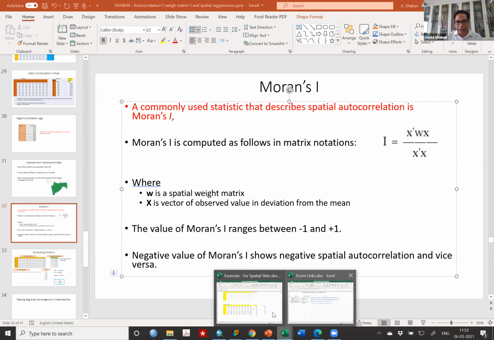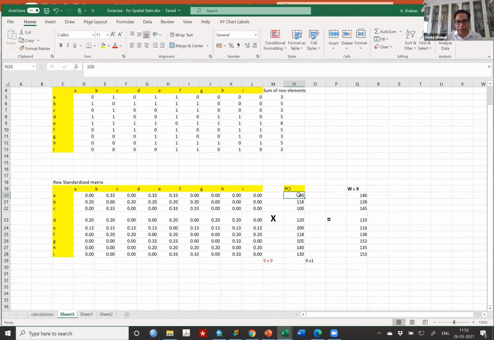That means, what you have to do, this value PCI, you cannot directly create for that matrix. For us, it is all right. We have created this value. What we have got is basically a spatial lag value. It is called the spatial lag value.